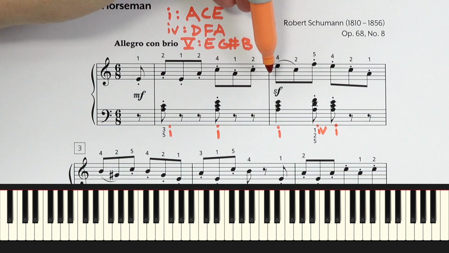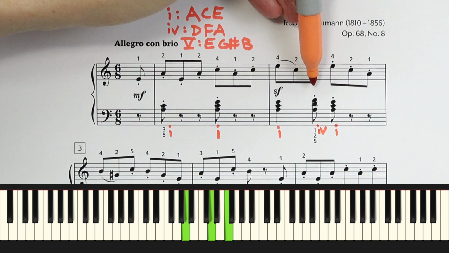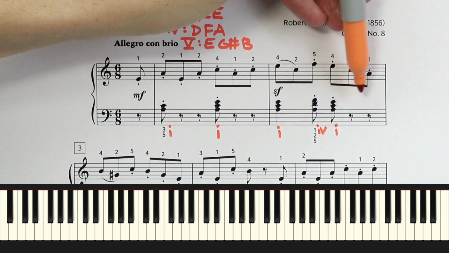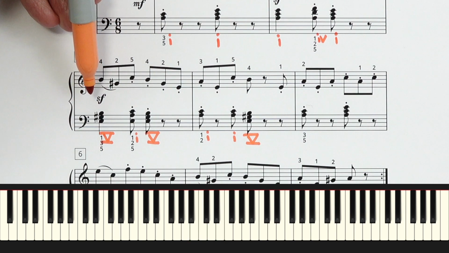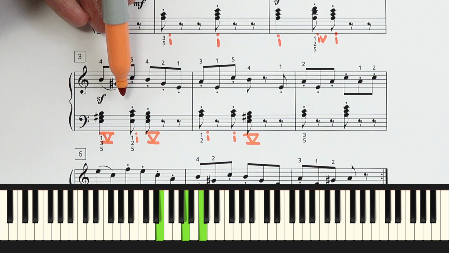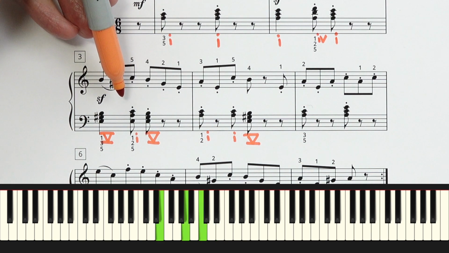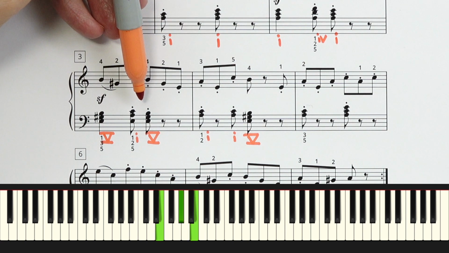Okay, here are the answers. We have the 1 chord, the 4 chord, it goes back to a 1 chord, then rest, rest, then here we get the 5 chord, E, G sharp, B, and then why is this a 1 chord? Well, see this E we can put up here, and then we just see it's our A, C, E, 1 chord, but in second inversion. It goes back to the 5 chord.